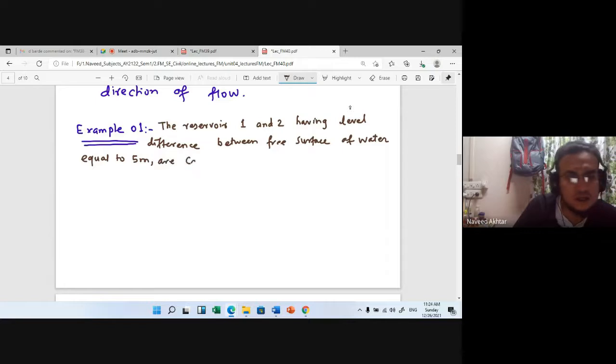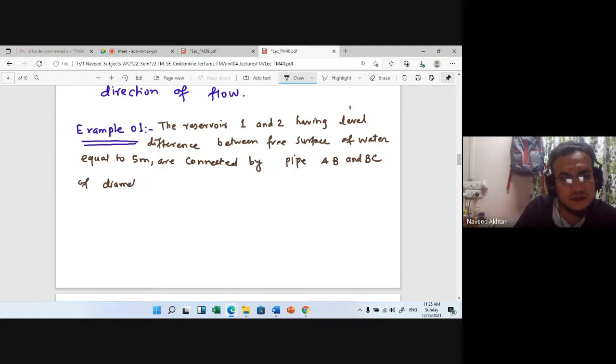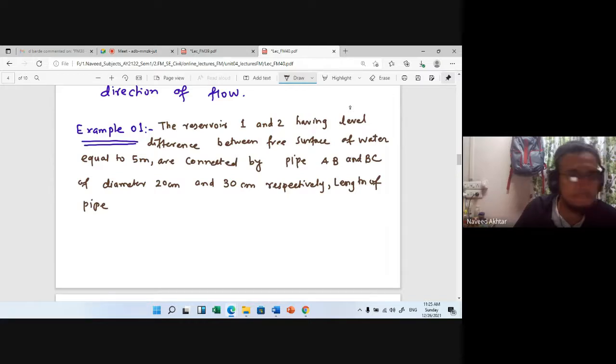are connected by pipes AB and BC of diameter 20 centimeter and 30 centimeter respectively. Length of pipe AB is 300 meter